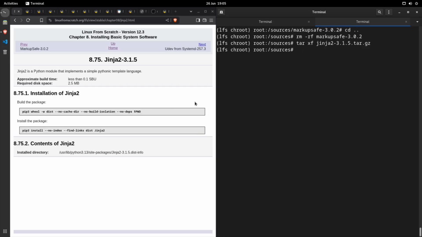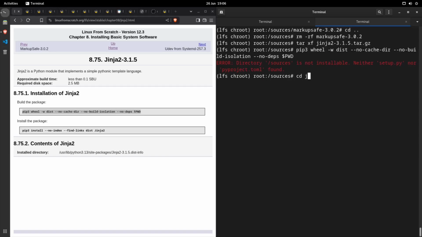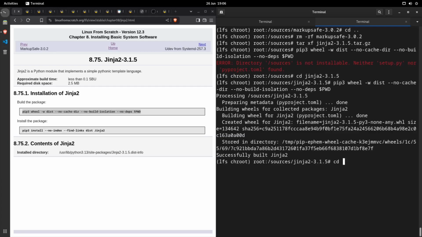I've used Jinja with Flask when building websites or web apps. I've never seen it used here. It's obviously used. Oh, I need to cd into the directory. And then we need